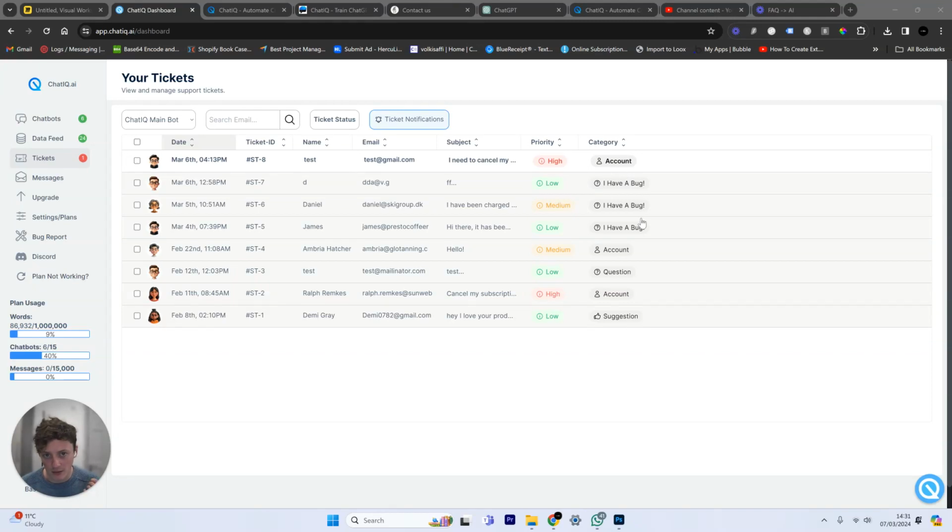Automating support ticketing and prioritization is an incredibly powerful thing in your business. The quicker that you can respond to customers, the lower your churn rate, the better the responses that you get, the more lifetime value that you get from your customers, and also the fewer disputes that you're going to get. So I'm going to show you how you can automate your customer service